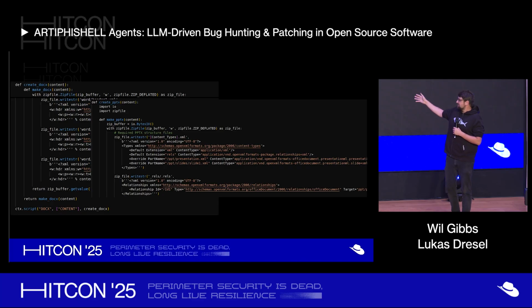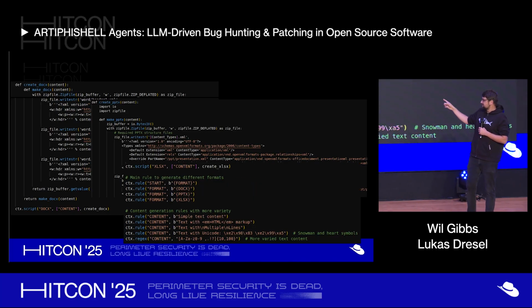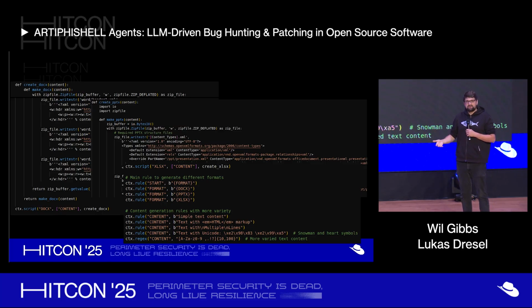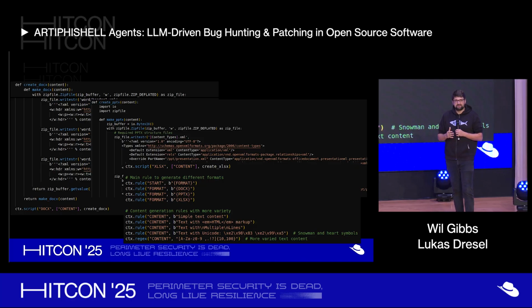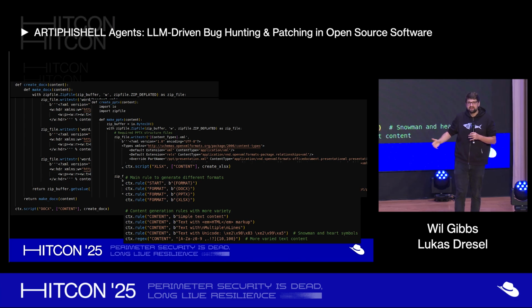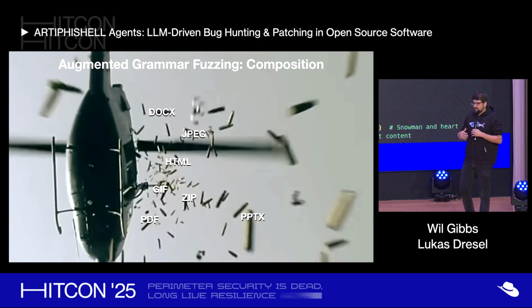However, one thing you'll notice, and this is something we'll get to in a second, is that as it does so, a lot of the expressiveness of the fuzzing grammar vanishes. The LLM tends to hardcode more things. So for example, the types in the XML namespace are purely what the LLM decided to write from its training data, from whatever documentation it had seen. It just hard codes correct things.